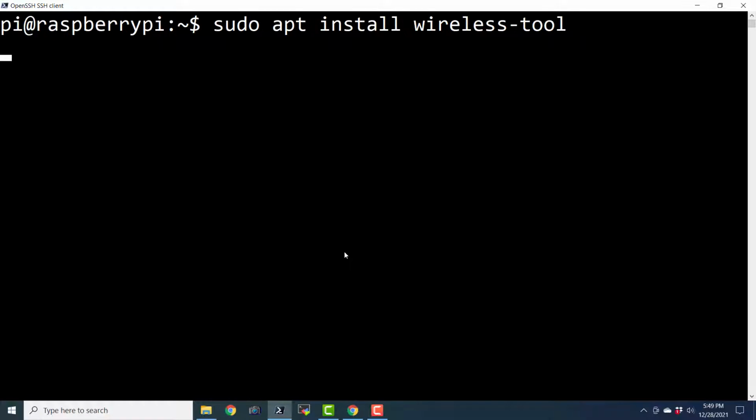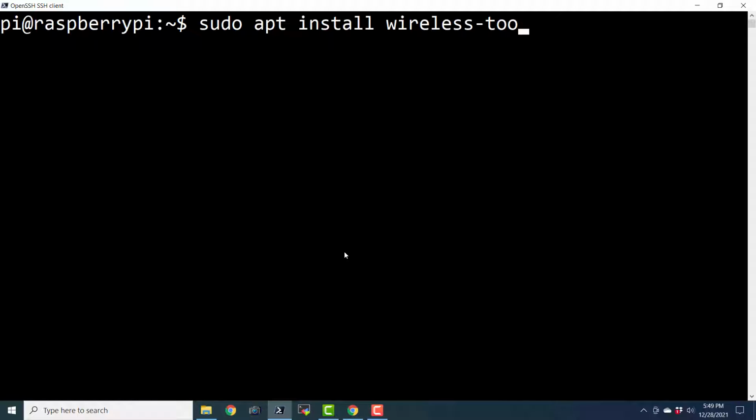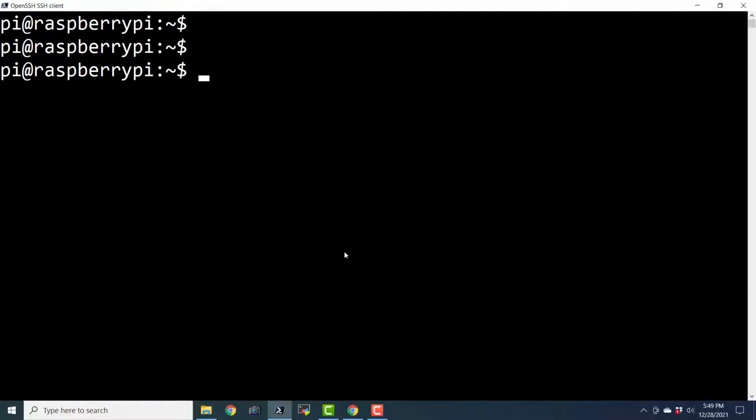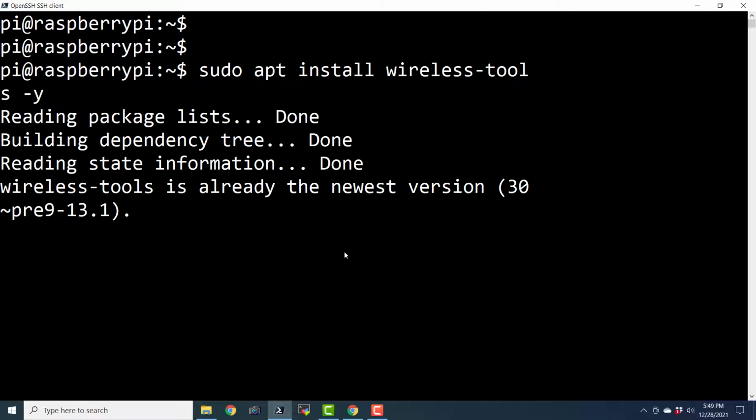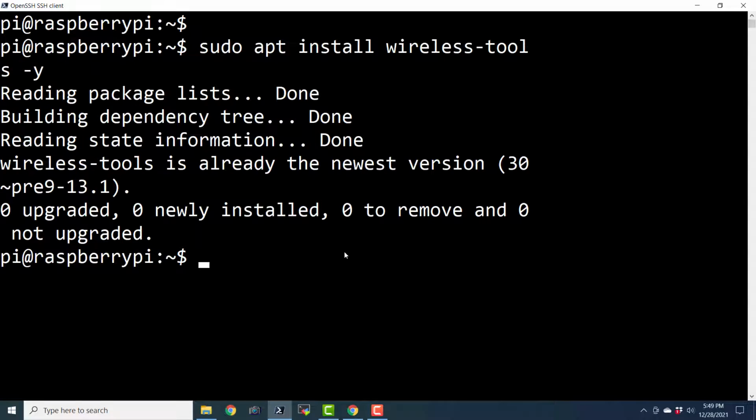Let me reduce the size again. Sudo apt install wireless-tools -y. So that is the command, and it is going to install all the required wireless tools.